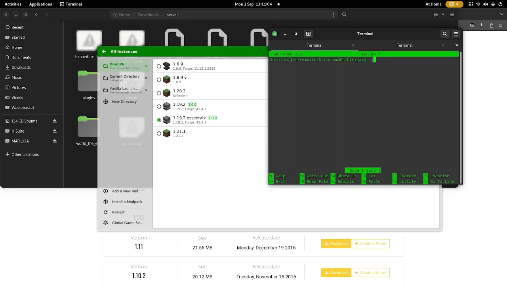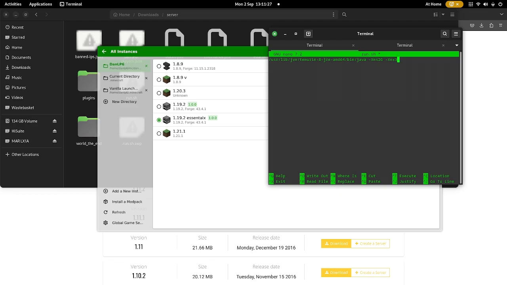Now for the next arguments, I'm gonna add this one and this one. Actually, these are really important if you want to run multiple servers on one instance or one device, or generally just limit how much RAM you want to have, because these are actually for the RAM. Actually, this is the minimum, so let's say 2 GB, because our server should minimally have 2 GB allocated, and